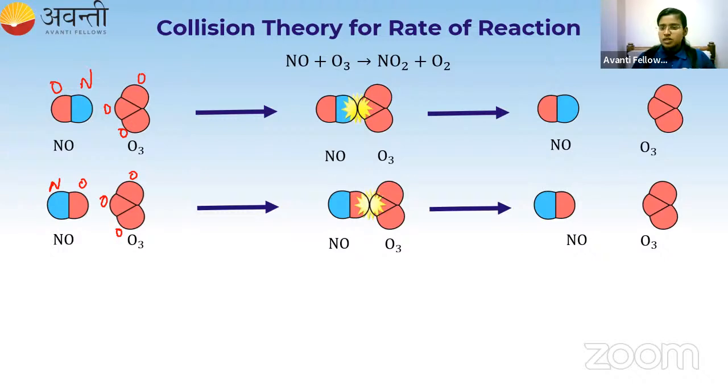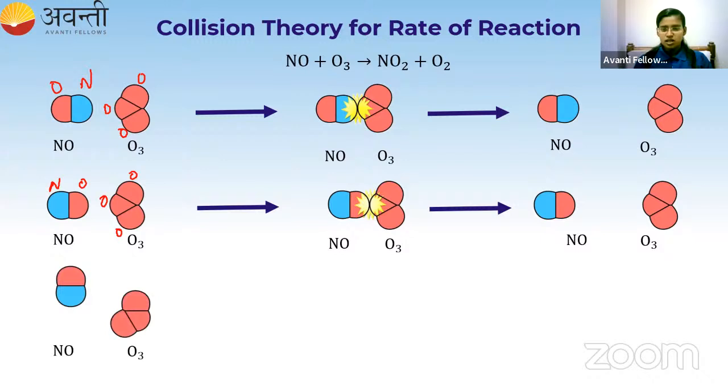So students, what I was saying. In both the cases, nitrogen and oxygen, as well as oxygen and oxygen, they cannot come in contact and collide with each other properly because the orientation is not the same. So we are ending up with the same reactants NO and O3. Okay. But if I change the orientation,